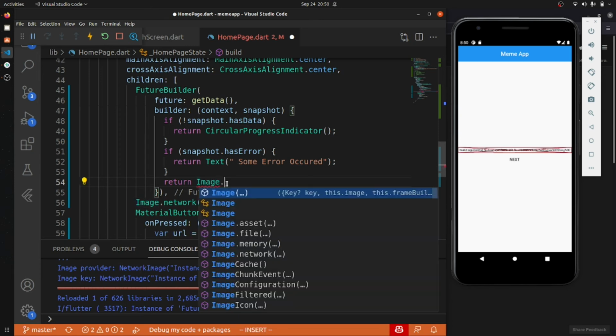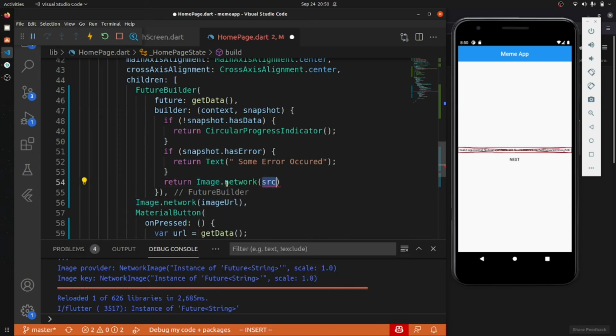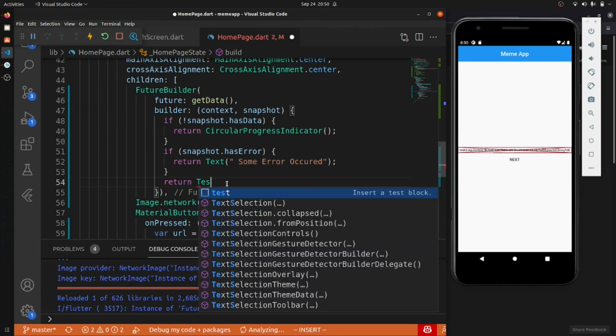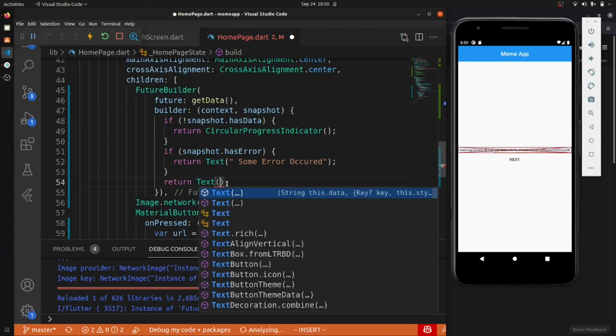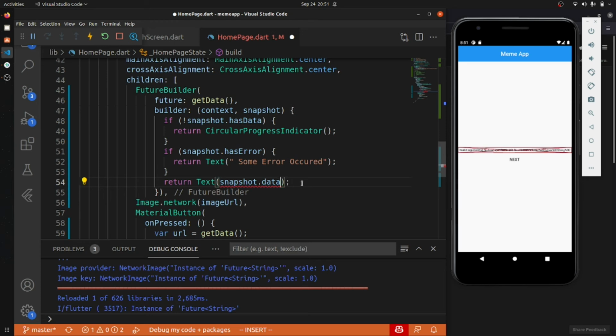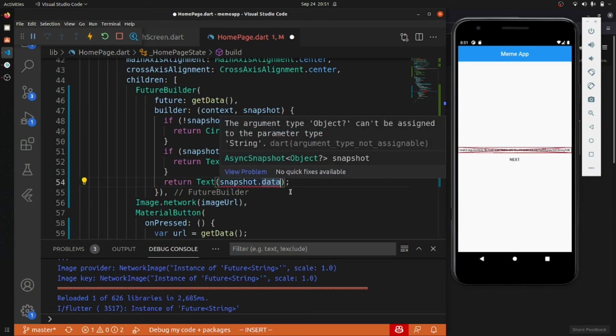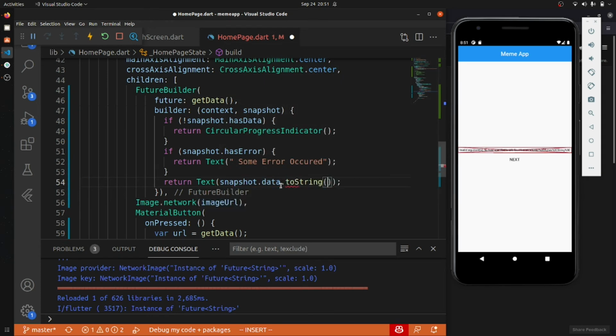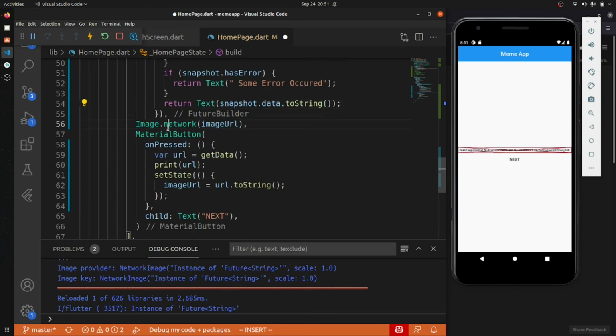So we'll return image dot network, and then we will call snapshot dot data. Firstly let us see what we are getting if I directly print this: text snapshot dot data. It will say that we are transferring an object, so I have to convert it dot toString.